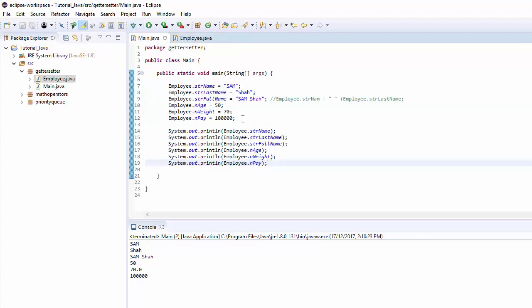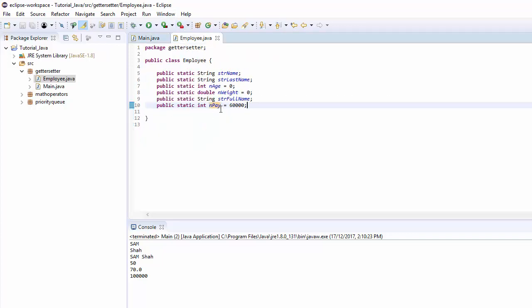So for example, in the main class here, I'm using the string name directly. I'm using this variable called npay. Let's say my boss comes and says, man, npay does not make sense. Can you please change it to salary? So here you go. If I go and change this to salary,